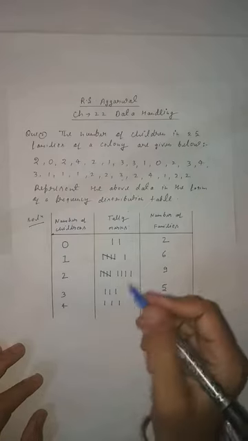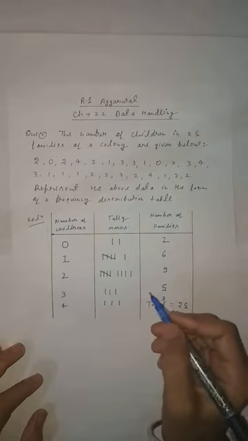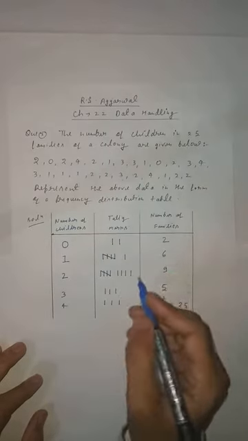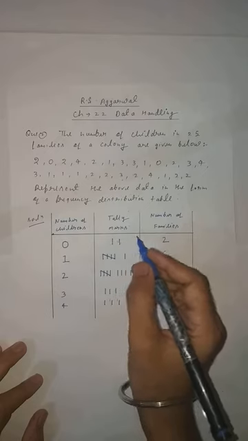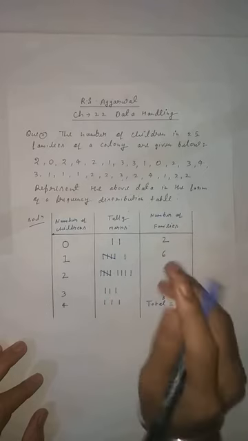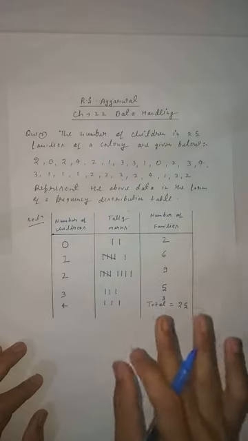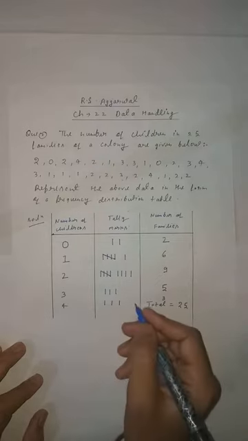First, we will discuss this question, student. In the previous video, I explained this question, and in this question, you have to make tally marks in tabular form with the help of the tabular method. Clear, student? So you know how to form it. But here there is some mistake.